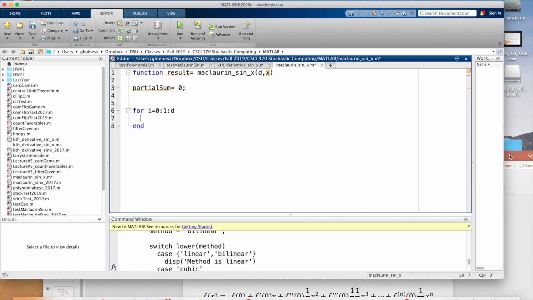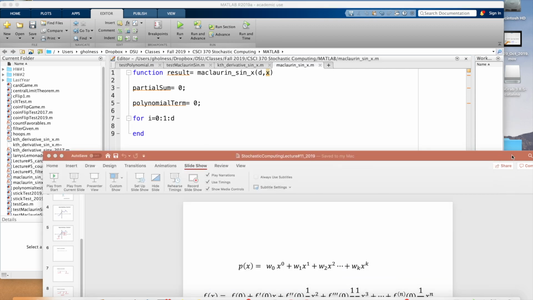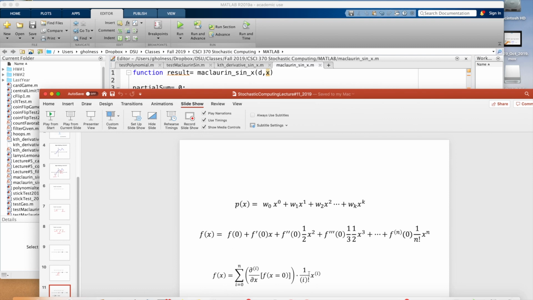Now remember, I had that peculiar weight, and then I had this polynomial term. Now this polynomial term, I'm just going to write out polynomial term, started out as 0, and I'm going to note the two other terms here. So that weight, or each term in my Maclaurin polynomial, is going to have a polynomial term, which is x to some power. It's going to have a factorial term, which is 1 over I factorial. And it's going to have that derivative term, which is the kth derivative, evaluated at 0. Well, I just did the kth derivative of sine x, so that will take care of my derivative term.